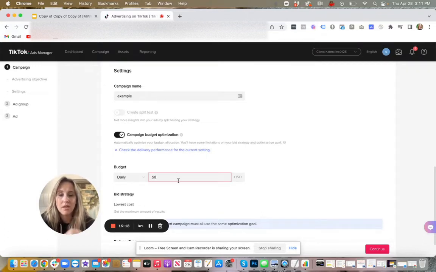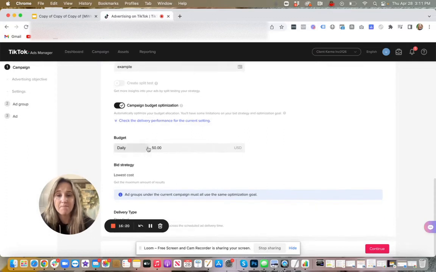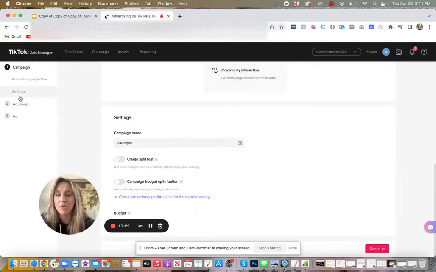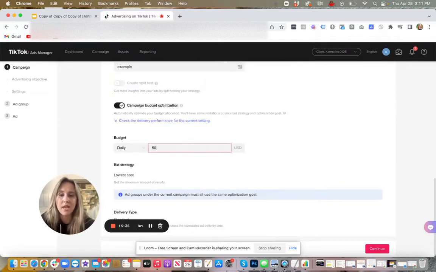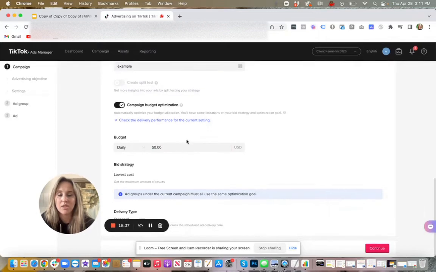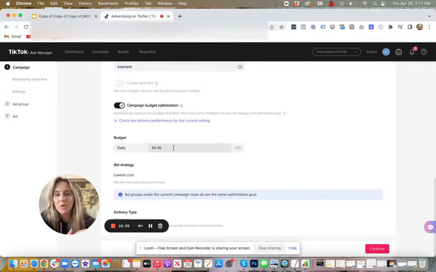So you put in a minimum of $50. If you want to spend less than that, then I'll show you how in the ad group settings. What you do is leave this off, and when you go into the ad group, the minimum is actually $20. So I like to start with $50 a day, just a nice healthy budget. This way, within 24 hours, I know if a campaign needs to be turned off or if it's going to work, pretty much, if it's getting me leads or not. Then you hit continue